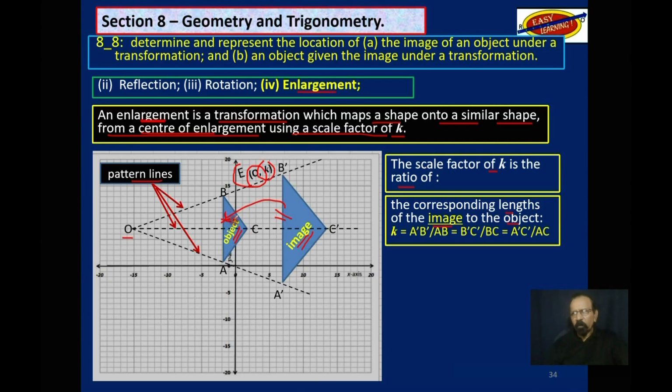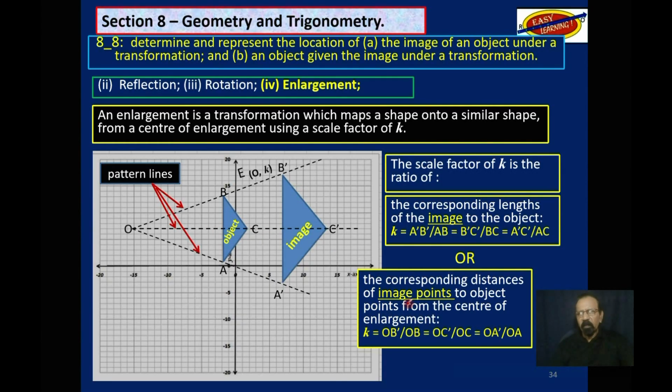What is the ratio of this length to that length, or that length to that length, or this side to that side? Whatever the ratio is, that is the scale factor. Or instead of the sides of the image to the object, we could take the distance of the image points to the object points. So we can take this distance here